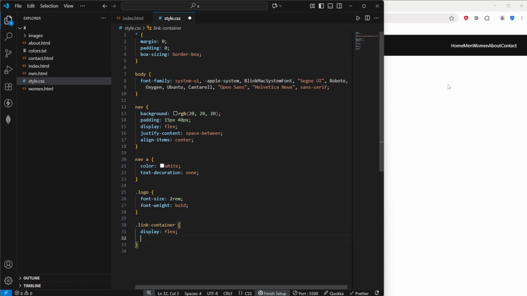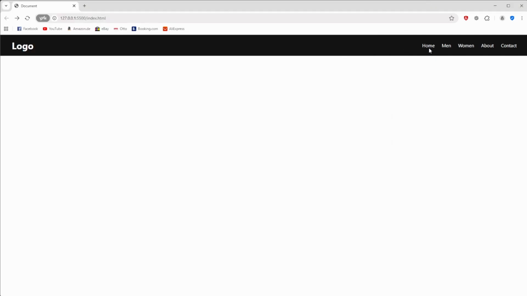So we can say, now that we have display of flex, we want to have a gap of maybe 20 pixels between our items. Or let's actually even use 25 pixels. So feel free to use whatever value you want to use there. But as you can see, we now have this effect right here. So now we have a nav bar that works on desktop,